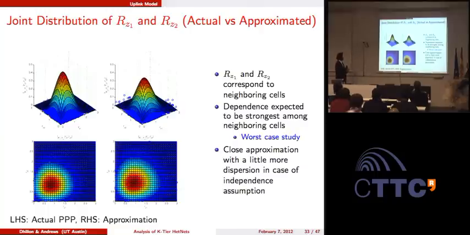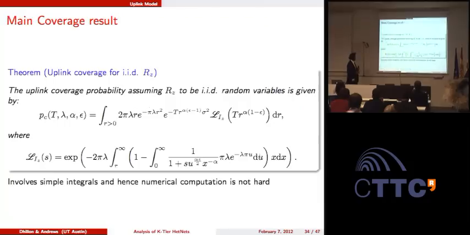This is the joint distribution for RZ1 and RZ2, the PDFs. And on the right-hand side, we have this distribution under the independence assumption. And we see that they are actually quite close. The only difference is a little dispersion of this PDF. The reason being that you are removing that constraint which we had before. So in this case, RZ1 and RZ2 are independent. But let's see how this fares in terms of